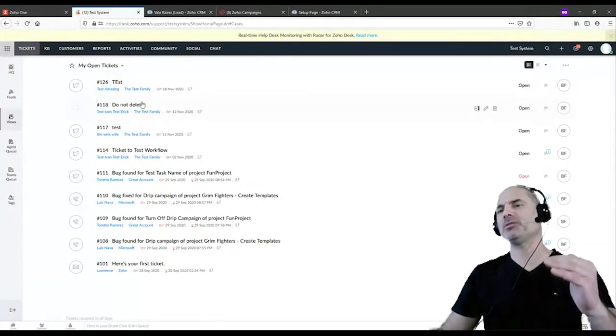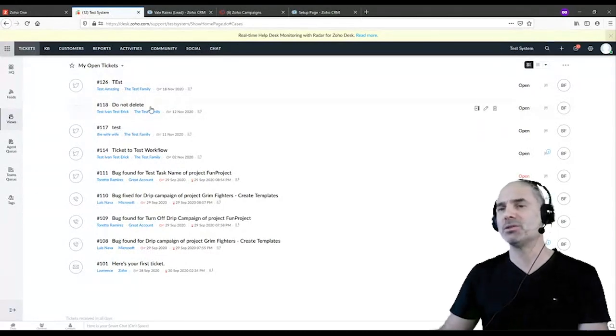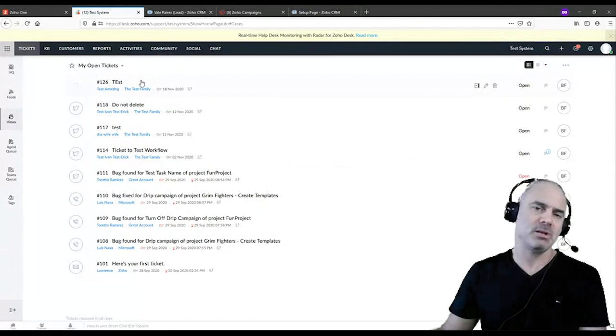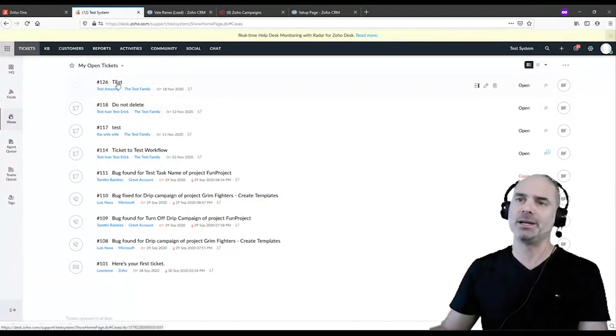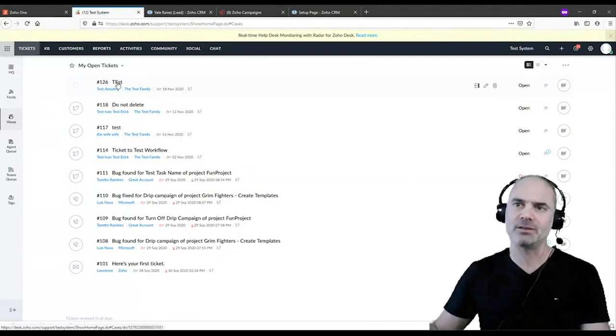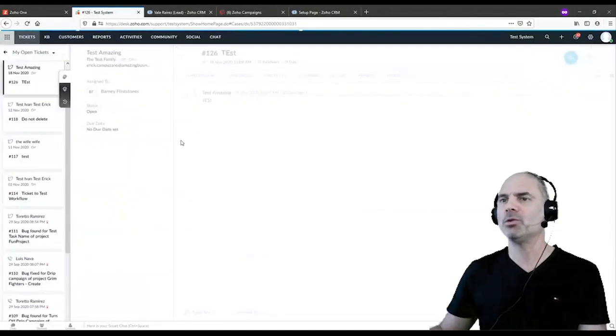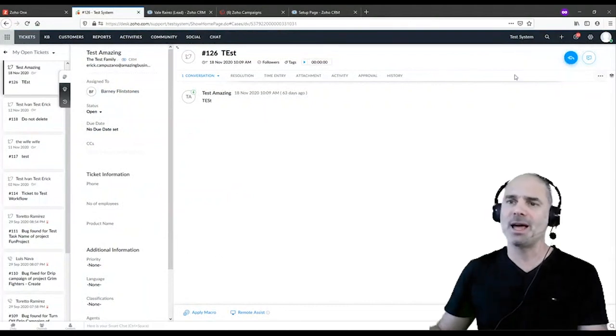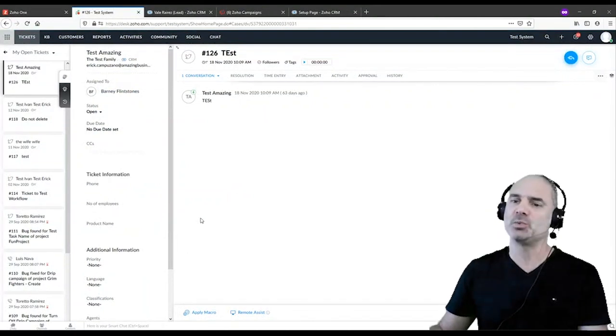Then every email will be listed here as a ticket, and your team members can see it all together. Instead of just clicking on an email and the email disappears or is archived, they need to click on the email, check it out, respond to the client, and whenever they finish with the ticket, they can close it.